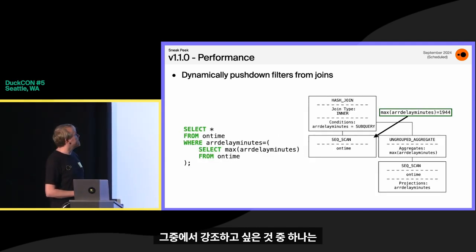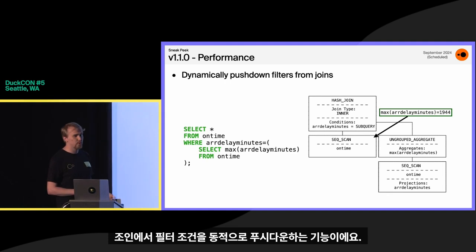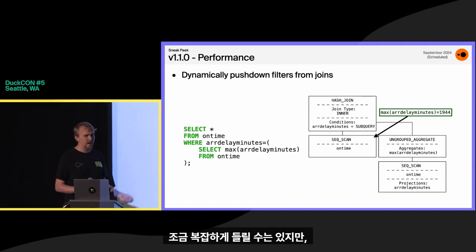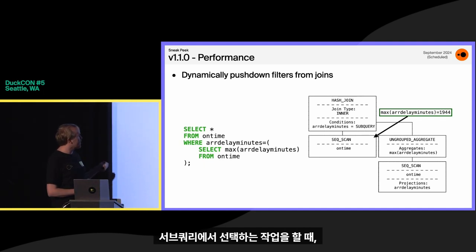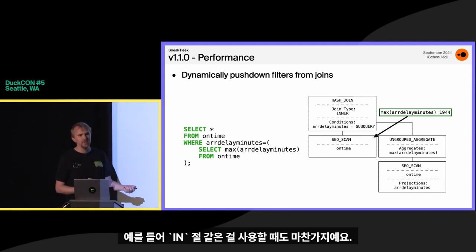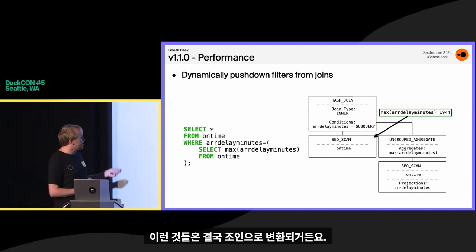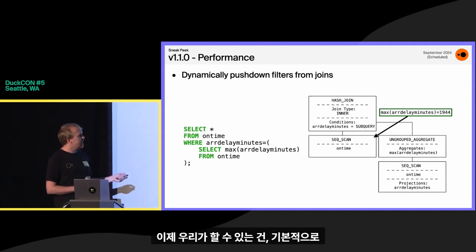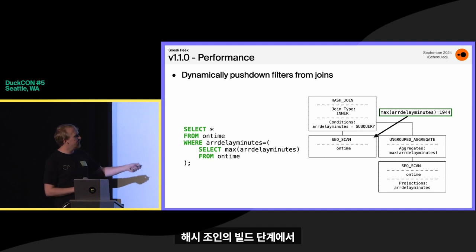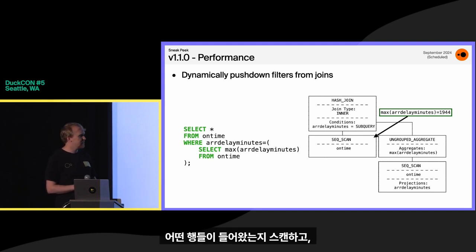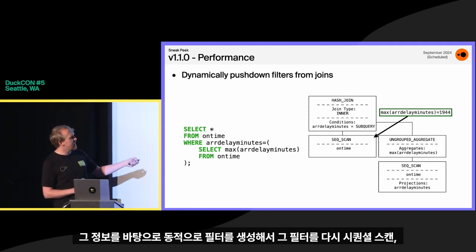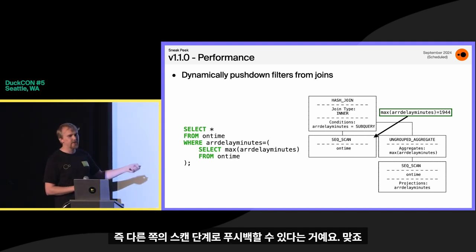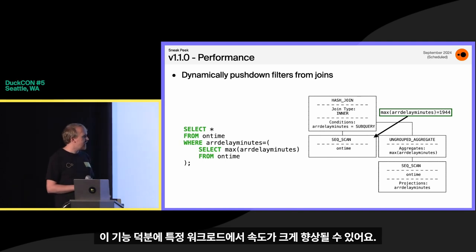One of the things I want to highlight is the dynamic push down of filters from joins. That's a mouthful maybe if you're not too familiar with all of those things. But essentially, if you're doing a join or one of the selections from a subquery, like an in clause, anything which gets translated into a join, what we can do now is, in the build phase of the hash join, scan what rows have come in there and dynamically generate filters that then get pushed back into the scan on the other end, the probe end, right? And that allows for some great speedups in some of these workloads,